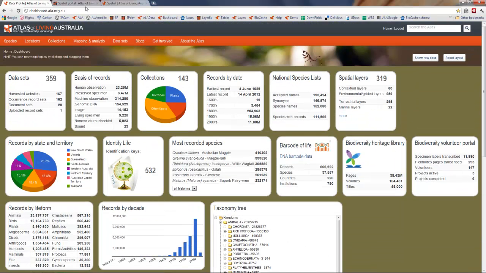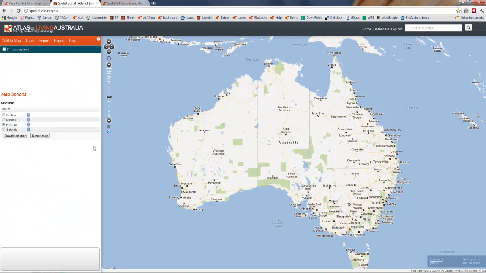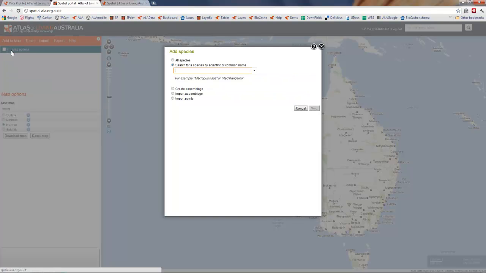Okay, let's just have a look at the spatial portal itself. So up here you've got the standard set of menus, a basic set of map options. This is for the base map. And we'll just have a look through some of the basic characteristics of the spatial portal. If, for example, we might want to look at a particular group of species,